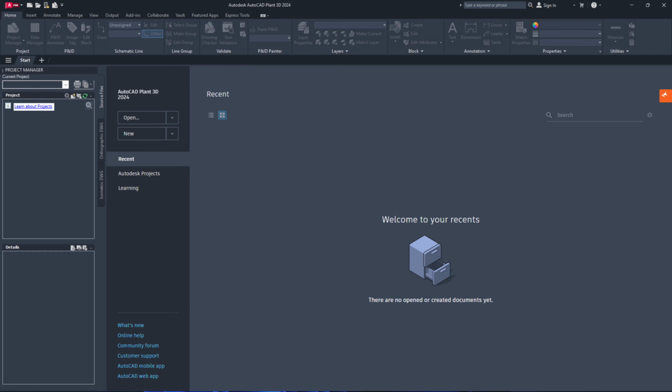Today's topic: could not load file or assembly error when trying to load PnPTagRebuilder.dll in AutoCAD Plant 3D. Let's get started. Causes: